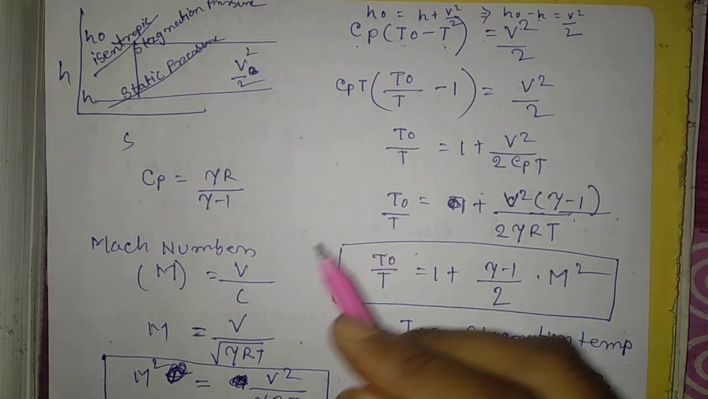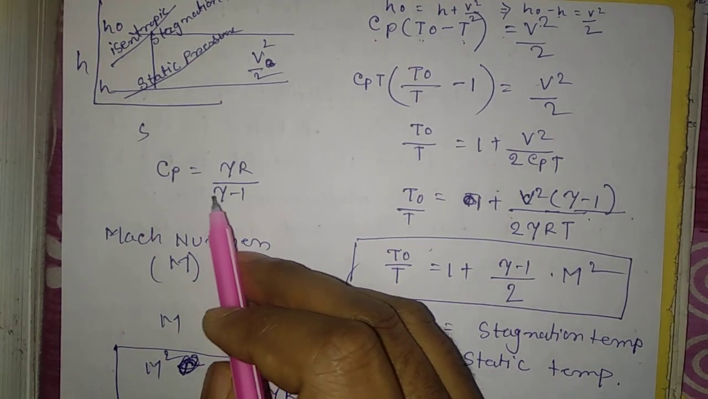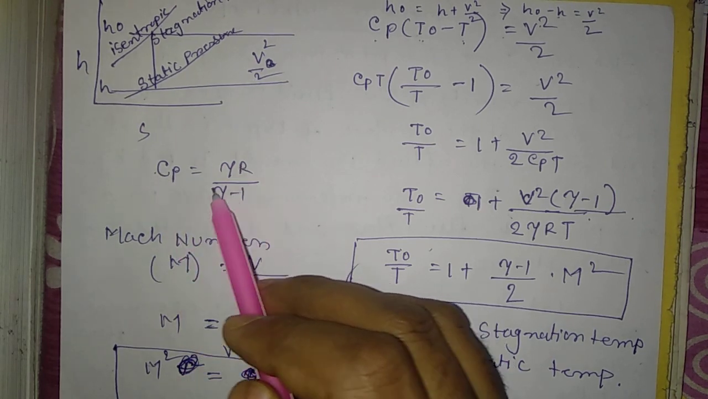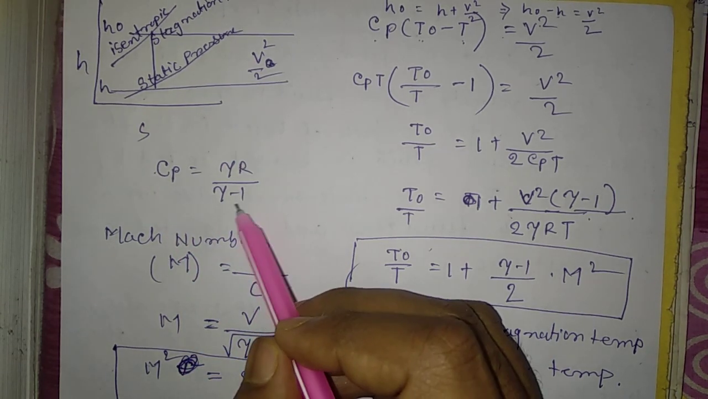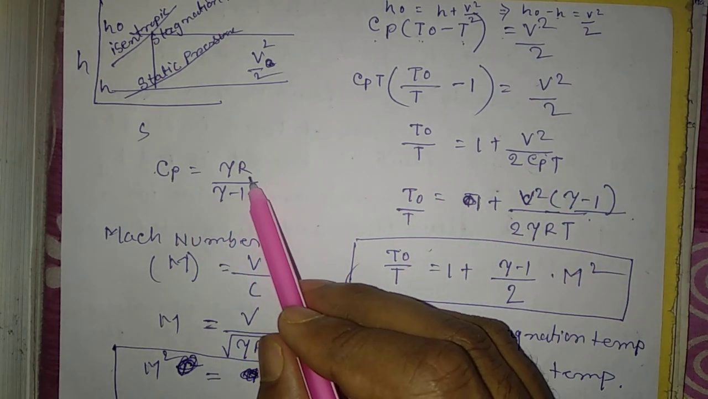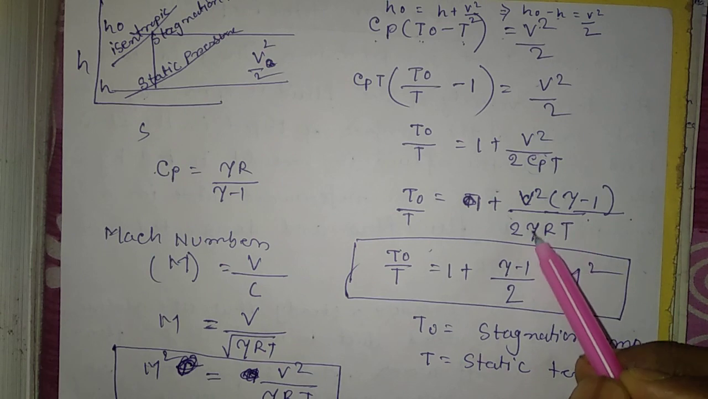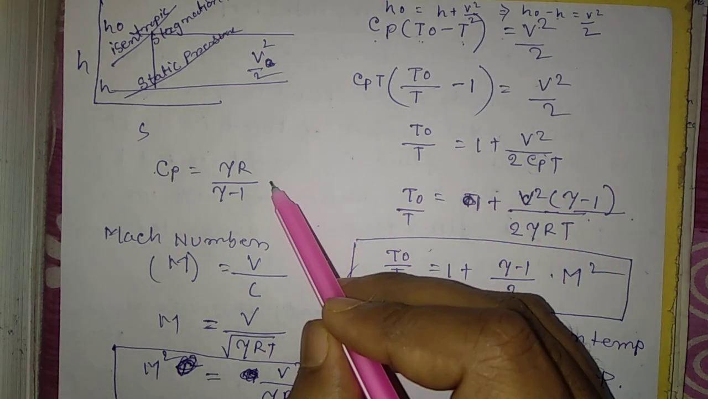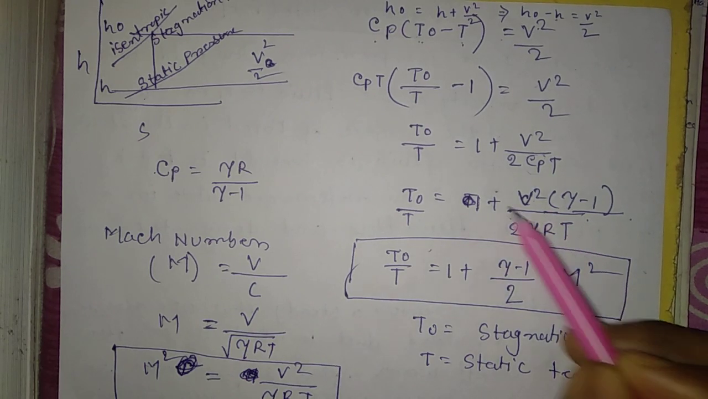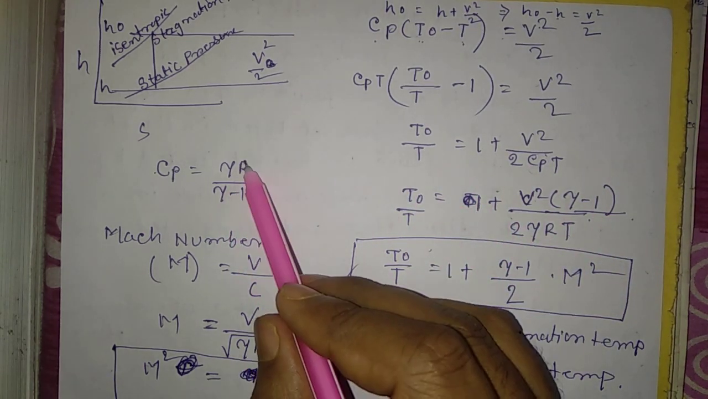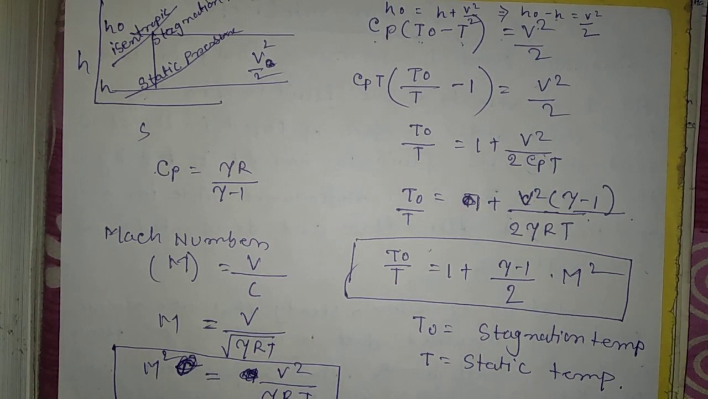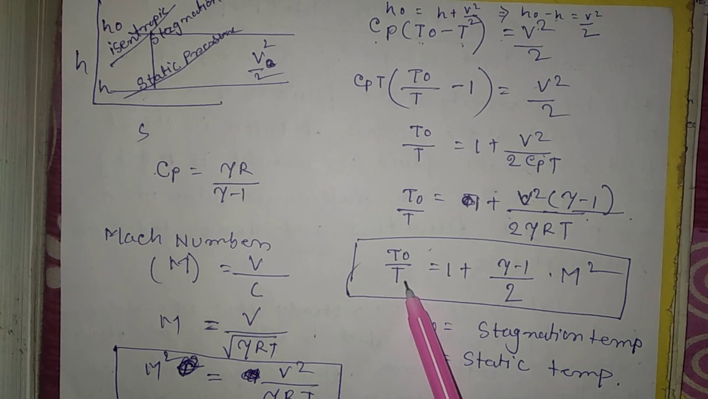Now as you know, from basic engineering thermodynamics, the value of Cp is equal to gamma R by gamma minus 1, right? Now in terms of Cp, just write down Cp is equal to gamma R divided by gamma minus 1, so that will be gamma R here, gamma minus 1 from here, plus V square by 2 T. Okay, now after all, T0 by T is equal to,